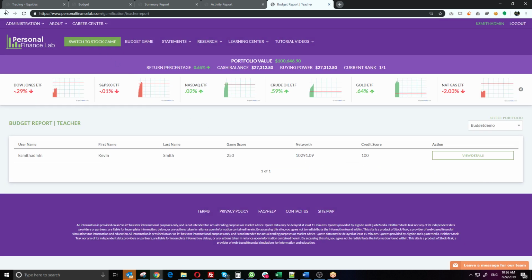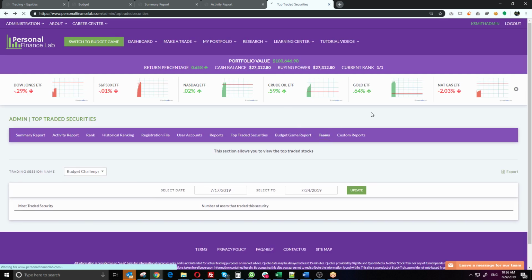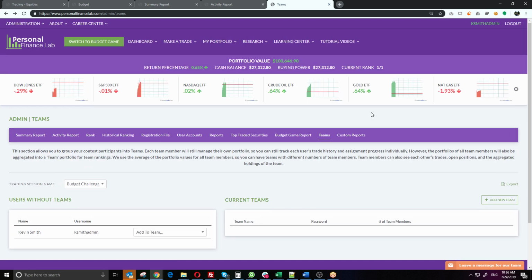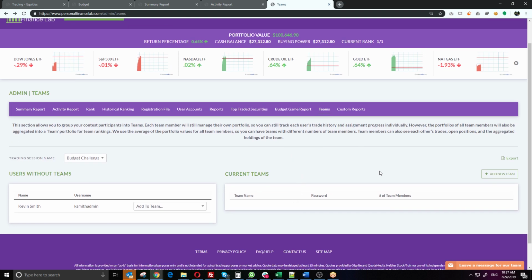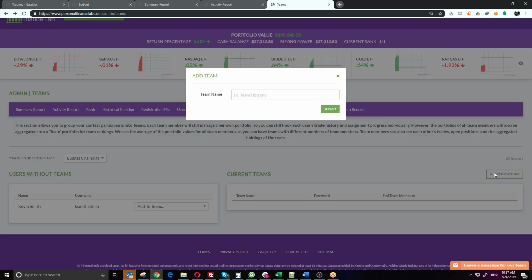And the last one is called Teams. So Teams is part of the stock market game. Students by default are working individually. They get their cash when they register and they make their trades. But you also have the ability to create teams. So by creating a team,